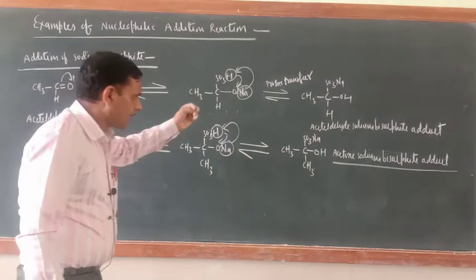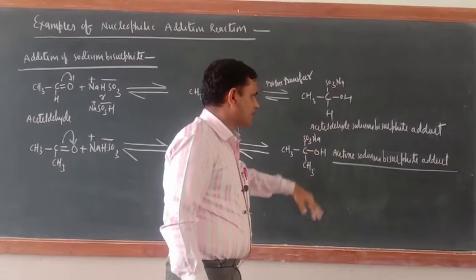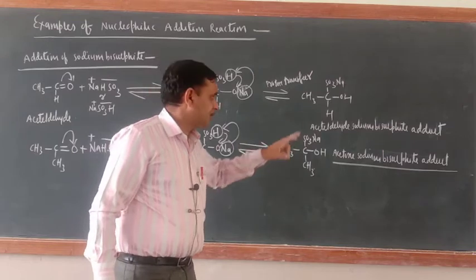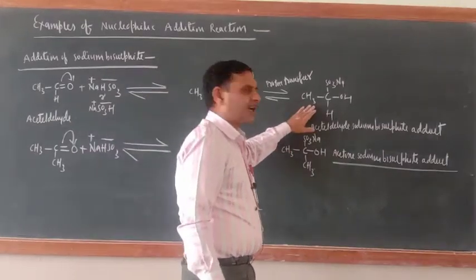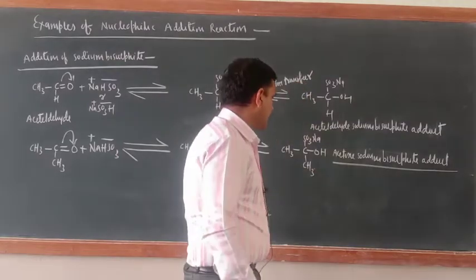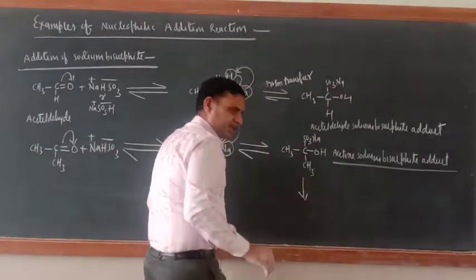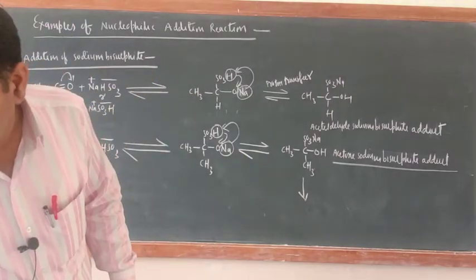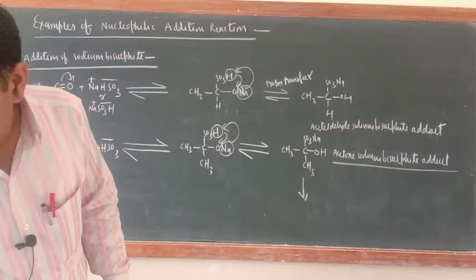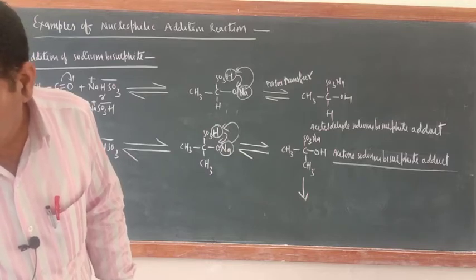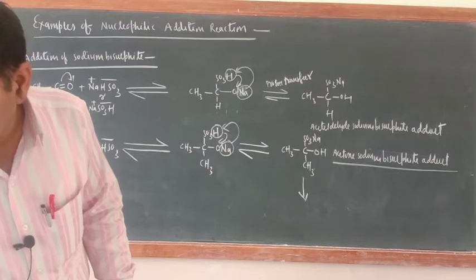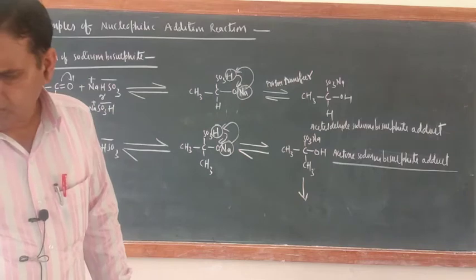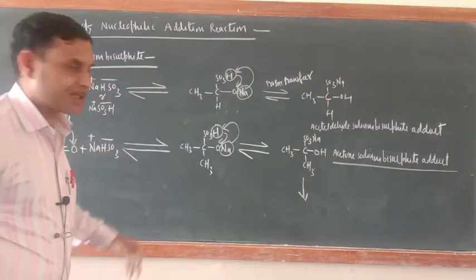There is one important thing about these compounds, acetaldehyde sodium bisulfite and acetone sodium bisulfite. If you treat them with mineral acids, let us say HCl. This reaction is not given in the NCERT book, but the statement they have given. Just see what they are writing here: the hydrogen sulfite addition compound is water soluble and can be converted back to the original carbonyl compound by treating it with dilute mineral acid or alkali. Therefore, they are useful for separation and purification of aldehydes.